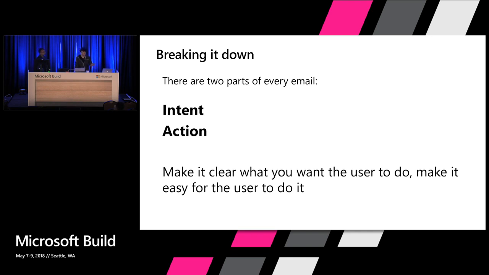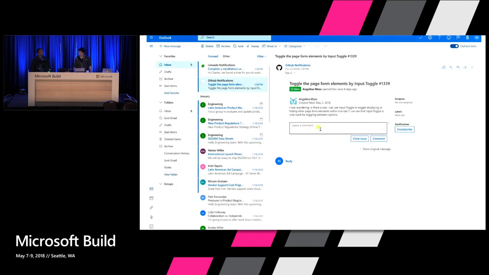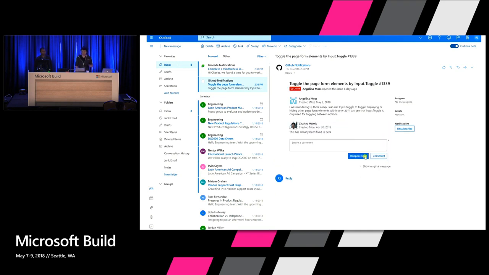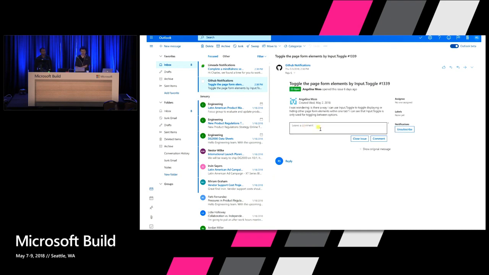And that bridges into this platform that we're building. So when you talk about payments, the first thing we want to talk about is how can you structure intent, right? So payments today is announced as part of this larger adaptive framework for email. And if you guys saw the keynote, then you see that we've partnered with GitHub to create very powerful, clear intents inside email that you can immediately take action on. This makes it very easy for the user to know what they need to do, and without even having to leave the inbox, they can go ahead and just take that action right there in Outlook.